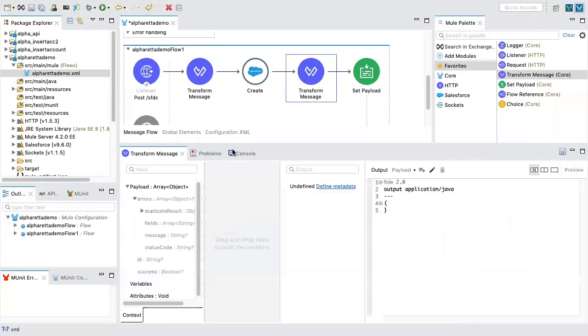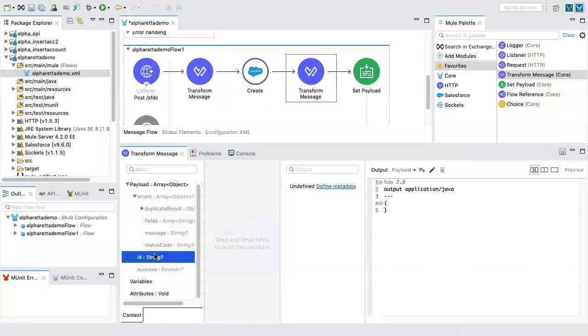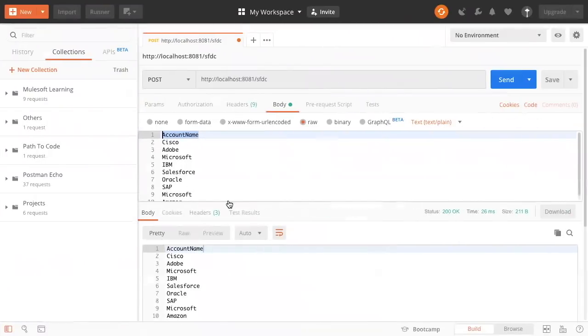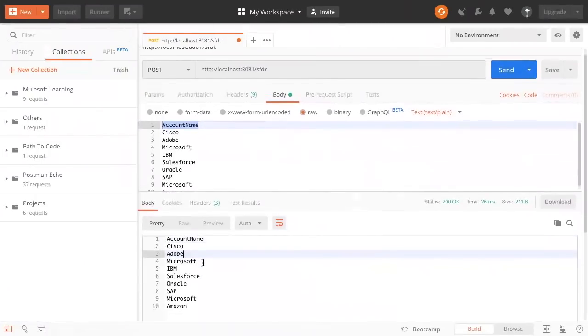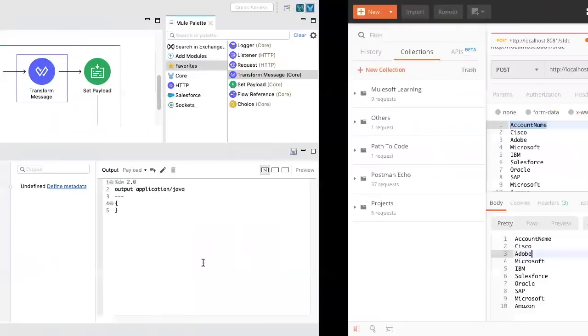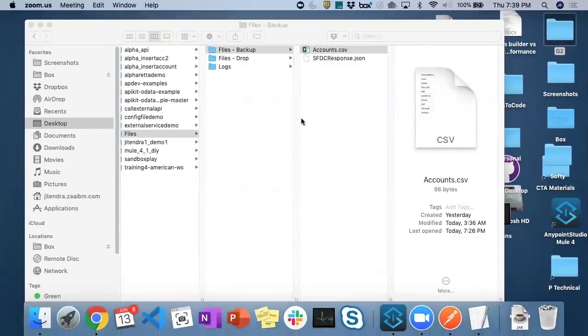Okay. So on the left side, Mulesoft already knows what Salesforce is going to give us. Salesforce is going to give us an ID if it's inserted successfully, a success message. If there is an error, an error message. I want that message to show on our Postman. So what I want now is the ID. I want any error message, and I want to show whether it is success or not. So basically, all I want is something like this.